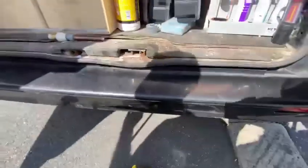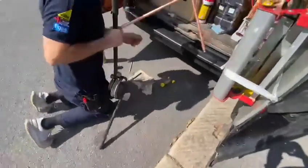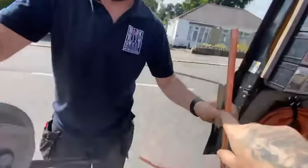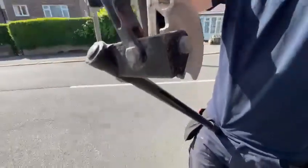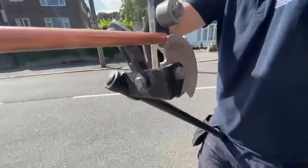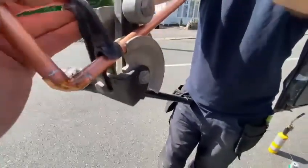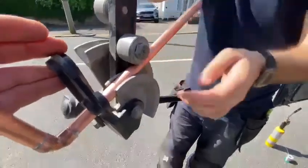So, that's absolutely beautiful. Now, what we're going to do, we want to put that dog leg on. So we have some pipe benders and formers just here. What we're doing is 15mm, so we've got a 15mm former in his hand, and we've got the pipe benders which are going to 15mm. As we see, this is going to come in along there, hook in there. He's then going to insert his former. I'll just give him a hand here. So the former's now,